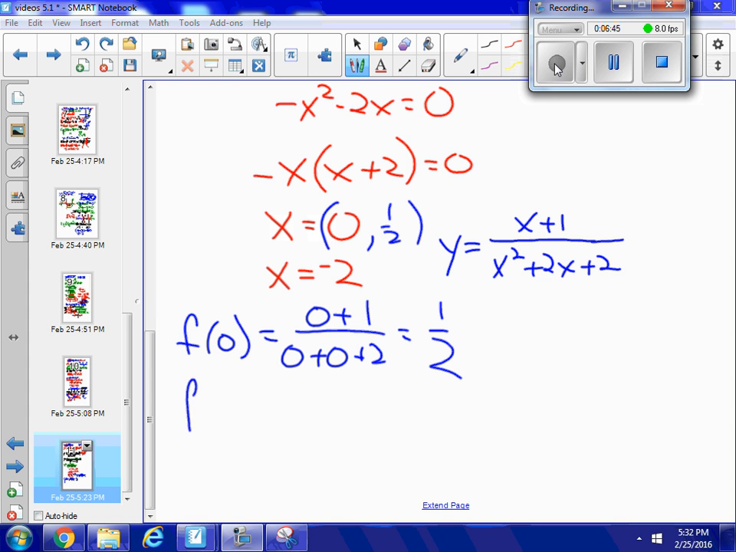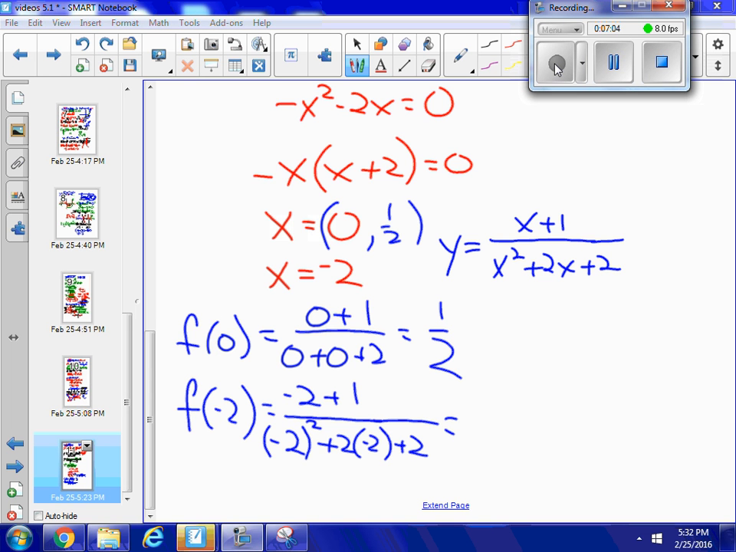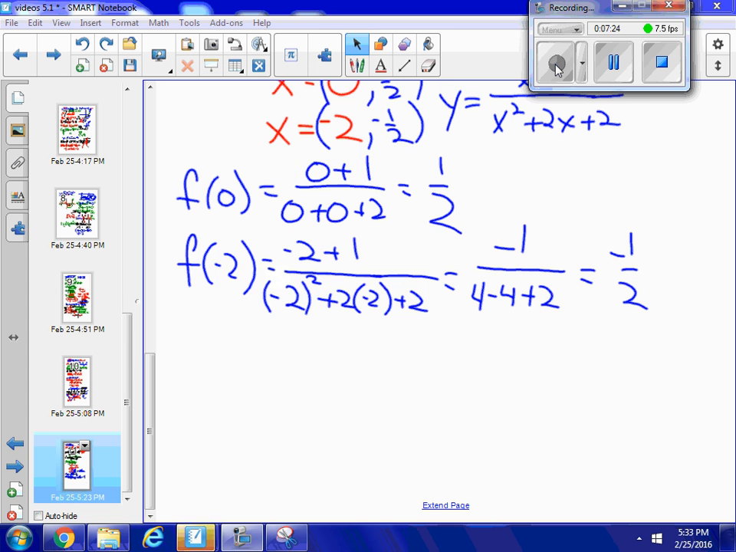The other thing I need to do is f of negative 2. So that's equal to negative 2 plus 1 divided by negative 2 squared plus 2 times negative 2 plus 2. So that is negative 1 over 4 minus 4 plus 2. So that's negative 1/2. So I have the point negative 2, negative 1/2. Those are my 2 points. I'm going to write them down here in black. So I have the point 0,